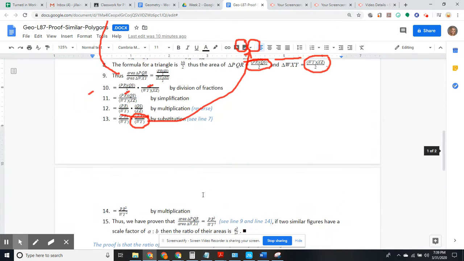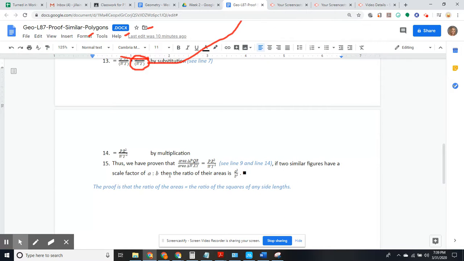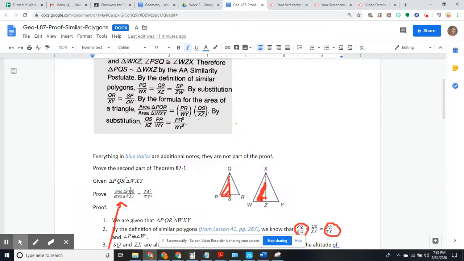So then I can take from line 9 the area, and I've proven each step equal, that they actually are indeed equal to PR squared over WY squared, okay? So if two similar figures have a scale factor of A over B, then the ratio of their areas is A squared over B squared. So you need to work the proof. I started working this kind of backwards. So I took this, the proof, and began working